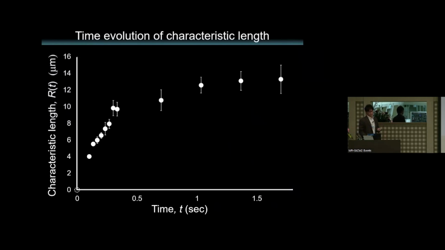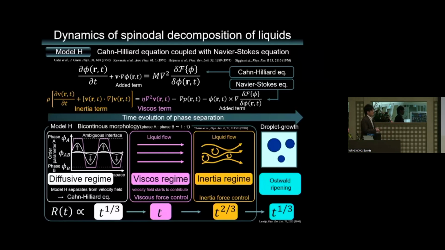And model H predicts the time evolution of the characteristic length. Since the bicontinuous pattern develops self-similarity, the time evolution should be proportional to a power function of time, because its development follows a dynamic scaling law. Model H also predicts several kinds of physical regimes. In the initial stage, the interface between the two kinds of liquid is unclear. The phase separation proceeds through molecular diffusion, so the system is governed by a simple diffusion equation decoupled from the Navier-Stokes equation. The power of the power function of time is predicted to be 1/3